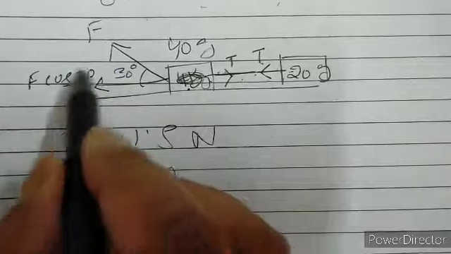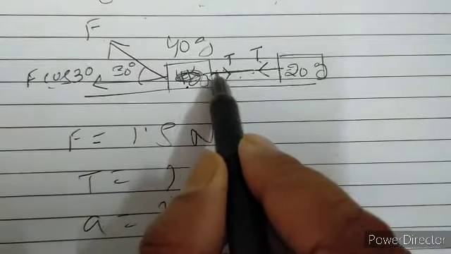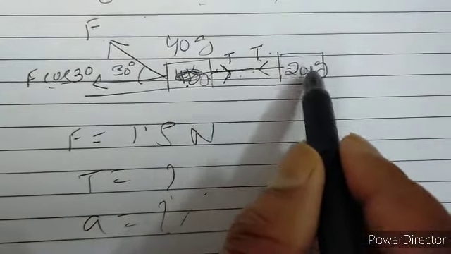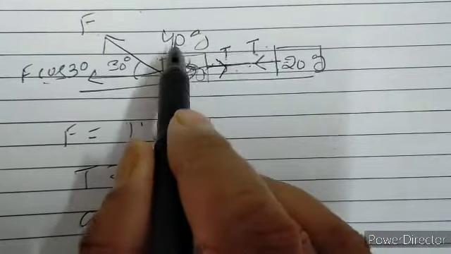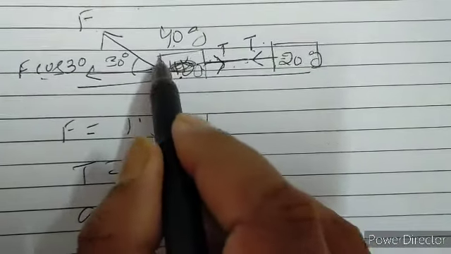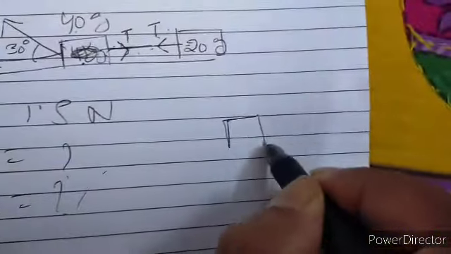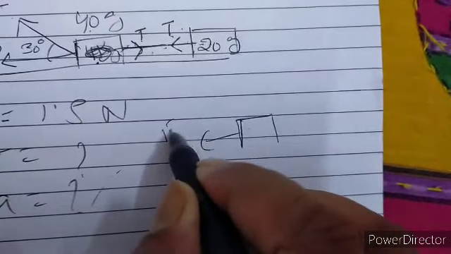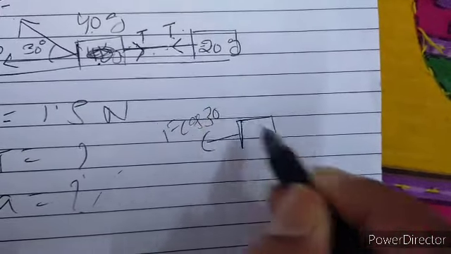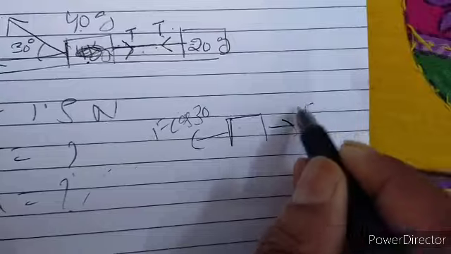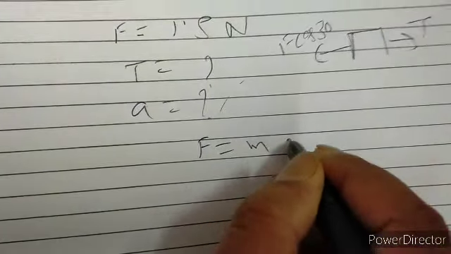Now how many forces are acting on this body? Two. One is F cos theta in this direction and the tension force in this direction, because this tension force is acting on 20 gram, and this tension force is acting on 40 gram. Then only on this block, two forces are acting: one F cos theta and second this tension. And I have told you we have to apply F equals ma.